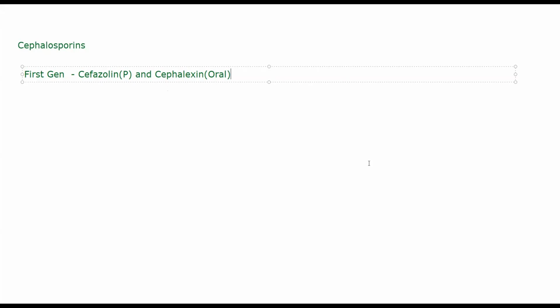Now, as I was telling you, first generation cephalosporins are very good against gram-positive organisms, cephalotin specifically. Cephalotin is another parenteral cephalosporin. Cephalotin is resistant to penicillinase, so you can use it like the penicillinase resistant penicillins. Because they have a very similar structure to penicillins, there will sometimes be cross resistance, wherein some bacteria which are resistant to penicillins might be resistant to cephalosporins as well, but cephalotin will not have that problem.